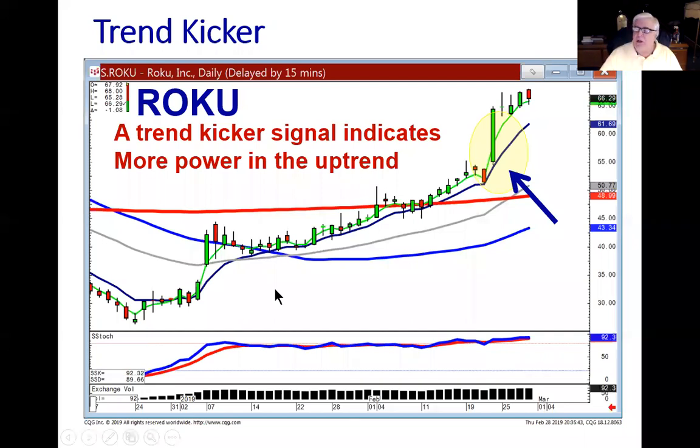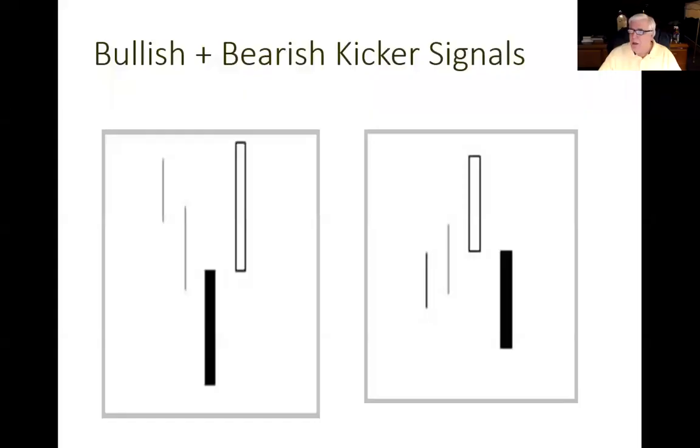It can also be utilized in a trend. Note how it opened here and closed here on this trading day. Then the price gapped up above the previous day's open and went in the opposite direction. This is what we call a trend kicker signal, which implies there's still a very strong move to the upside. And a kicker signal works just as effectively when it's going bullish as it does bearish.